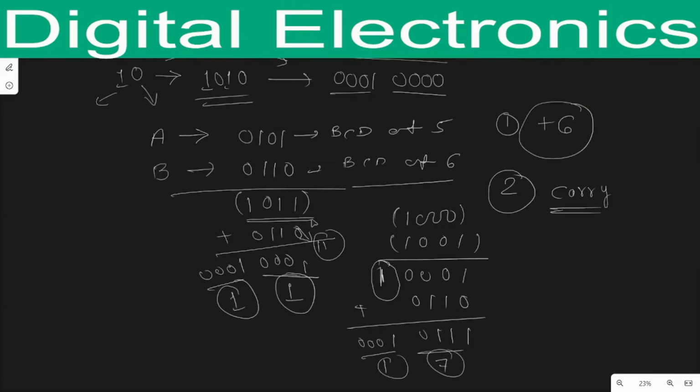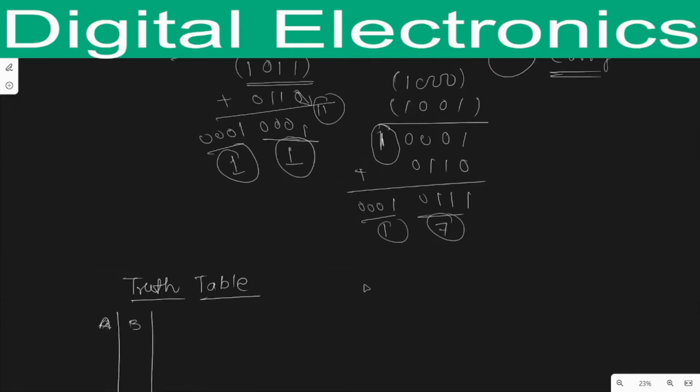In the truth table there are different inputs. But here, after the addition we will get the sum, and we have to apply these conditions on the sum. That's why instead of writing